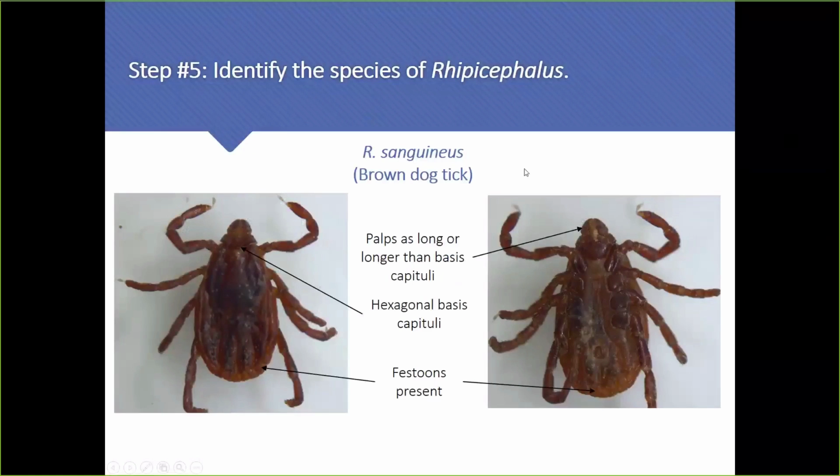Here's the other really easy one to do, the Stormtrooper brown dog tick. Again, the only feature you really need to look at is the shape of that basis capitulum. No other tick in Canada has a basis capitulum that shape. Can be challenging though when they get engorged. They tend to bloat up, and it's harder to see the basis capitulum, but they are overall relatively easy to